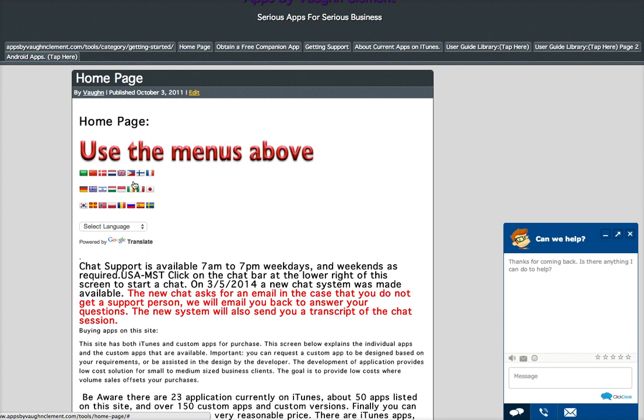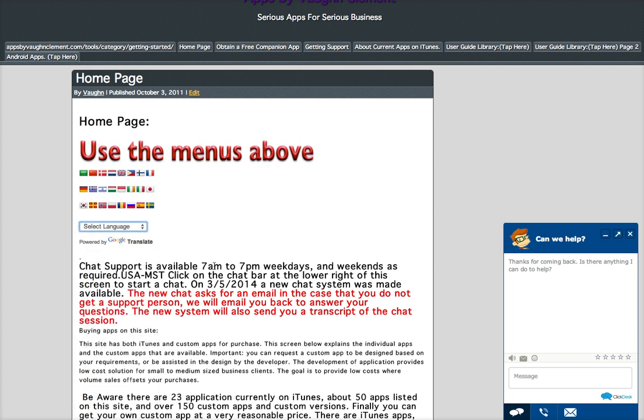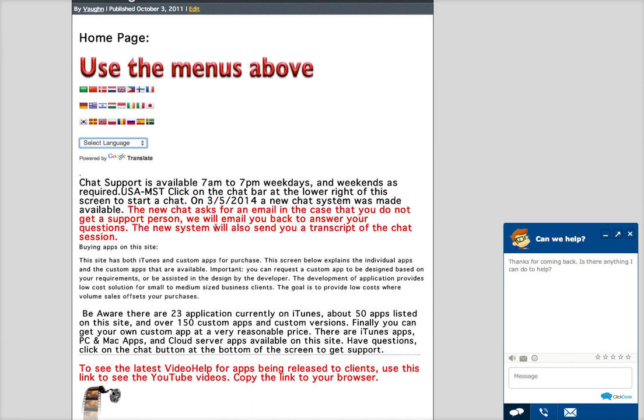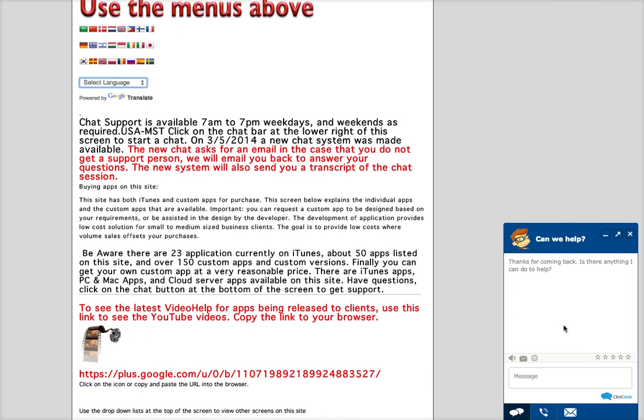On most screens, you're going to see this here. If you're from a foreign country and you want everything changed on the screen, you can pick any one of these countries and change all the text on the screen. And also, if you click on the actual physical picture of the country flag, it will also regenerate the site to that particular country. As I can see here, I did put the information about chatting, and you can see over in the corner, if you have been on the site on that page before, it'll pop up a message asking you or telling you, thank you for coming back,